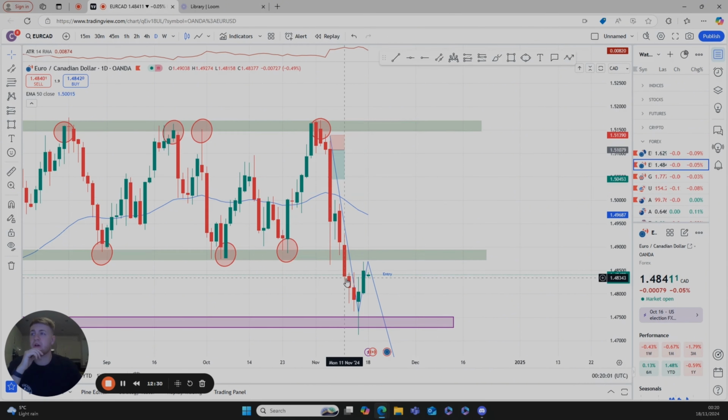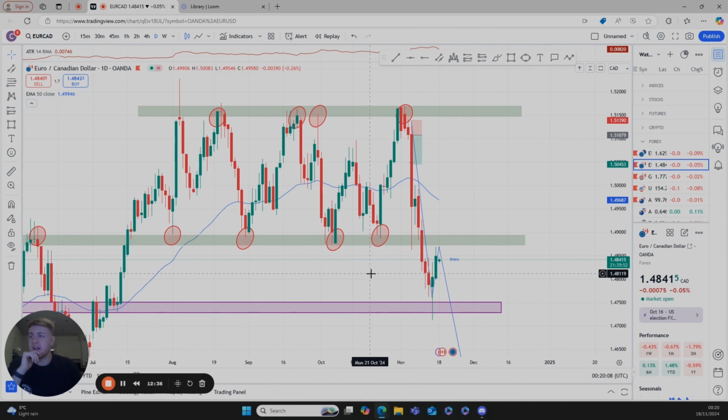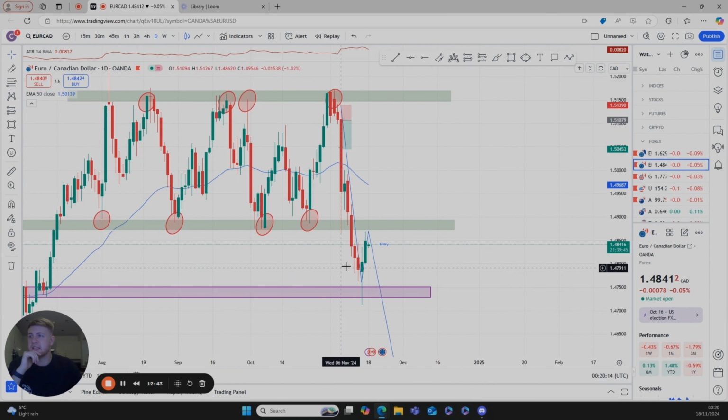So yeah, it's broken all the way down, broke through this line of support. It's touched this other area of interest, which has had several touches in the past, and now it's pushing back up to this, which it has almost touched. So I'm going to keep an eye on whether it's going to continue up and fully hit this line area of interest, or whether, since it's almost touched it, it's going to start pushing down to the downside.